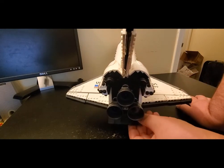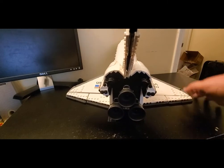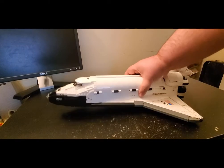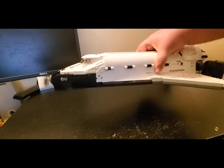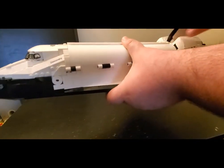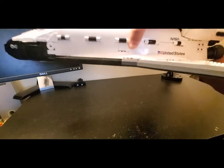And then there is this little flap here that goes up and down too, but that's not all that it does. Let me take this off its stand and show you one last little fun play feature. Okay, so the shuttle was meant primarily for space, obviously, but this thing did glide down and touch down on the runway. And how did it do that without any gear, you ask? Well, they addressed that. The little flap in the back that I showed you, when you pull it,